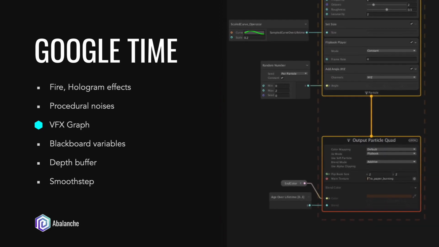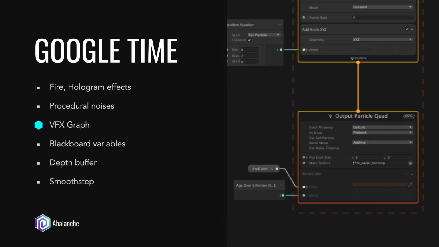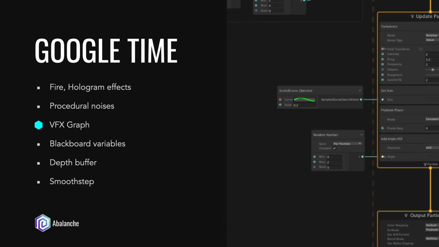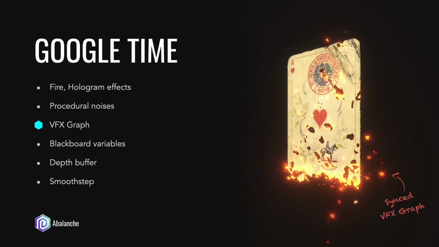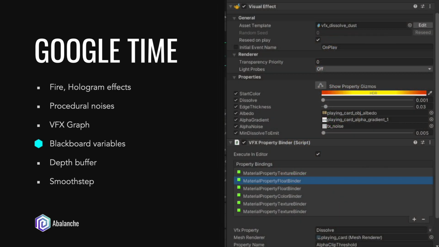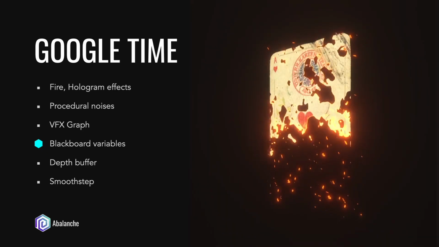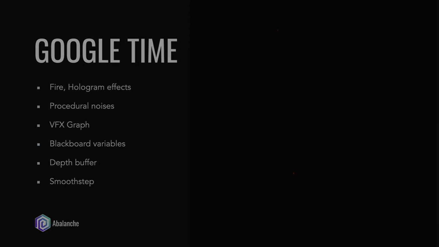I use the Visual Effect Graph to create the embers of the burning card. This is where a new problem arose. The ember particles appear both in invisible and visible areas. My expectation is emitting the ember particles only in the burning edge area. In order to do that, I need to synchronize the parameters between the shader graph and the VFX graph. Fortunately, we can do that with the property binding mechanics from the VFX graph and the exposed blackboard properties from the shader graph. It's tricky, just like how it's described, but the result is absolutely worth the effort.